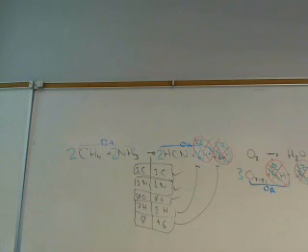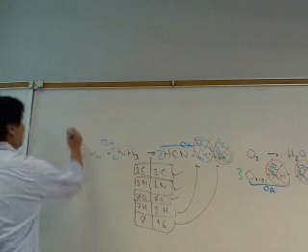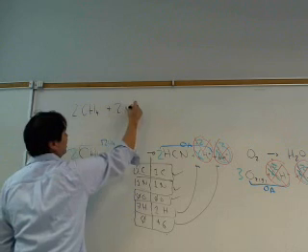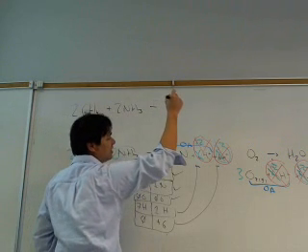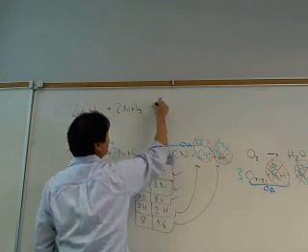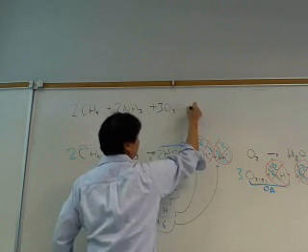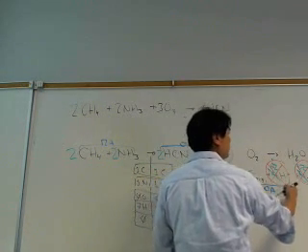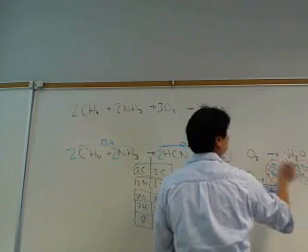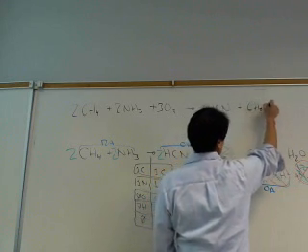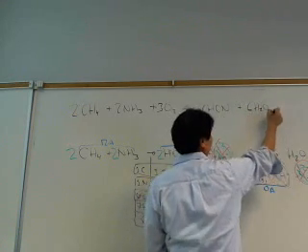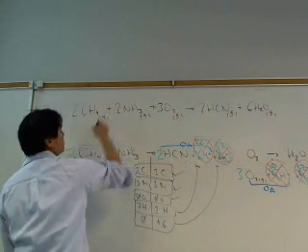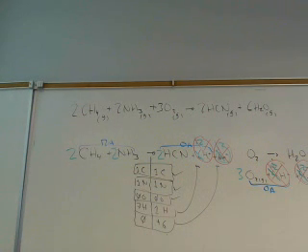And so, rewriting this, now I'm going to get 2 CH4 plus 2 NH3 plus 3 O2 yields 2 HCN plus 6 H2O. Now, H2O is a liquid here, but I'm just going to convert everything to a gas. It's at high temperature, so the liquid would have been converted into a gas. Anyway, if we convert the liquid into a gas,